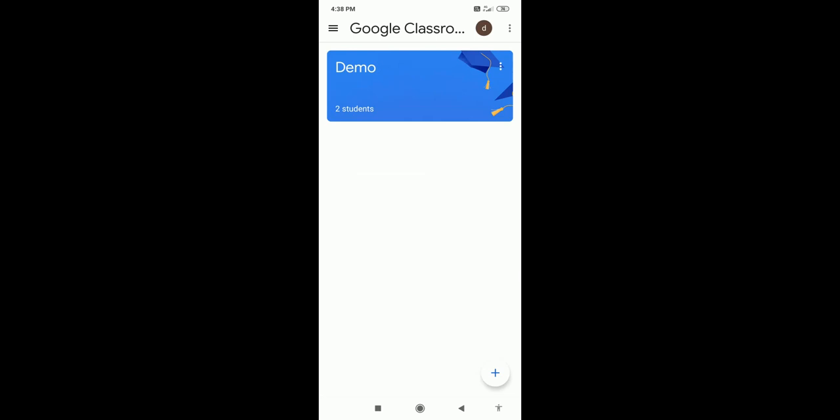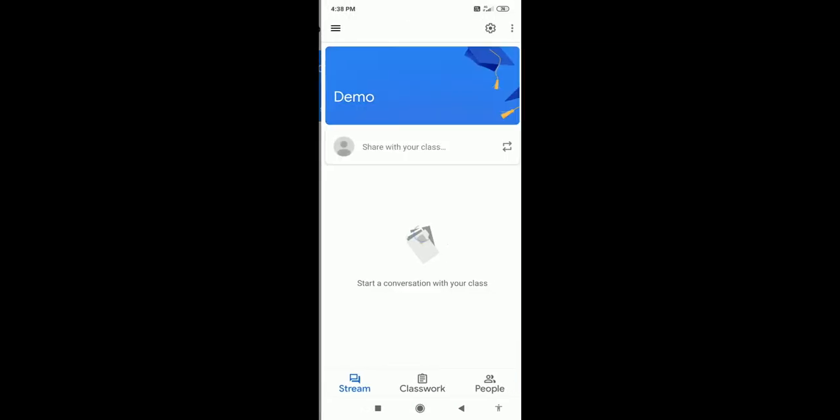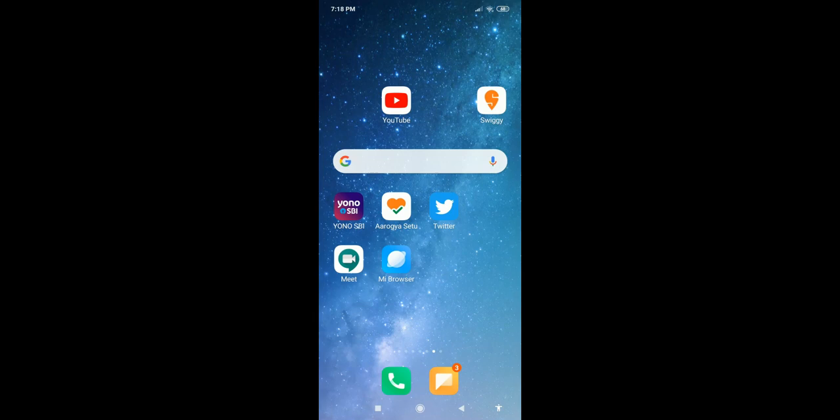You can see all the classes over here. You can create the classes. You would be able to see here all the classes which you have created on the laptop or the desktop. So this account will sync your desktop, laptop or mobile at the same time. The moment you click on the icon of your class, you will be taken into the stream area of the class. Now that is the further topic of Google Classroom.